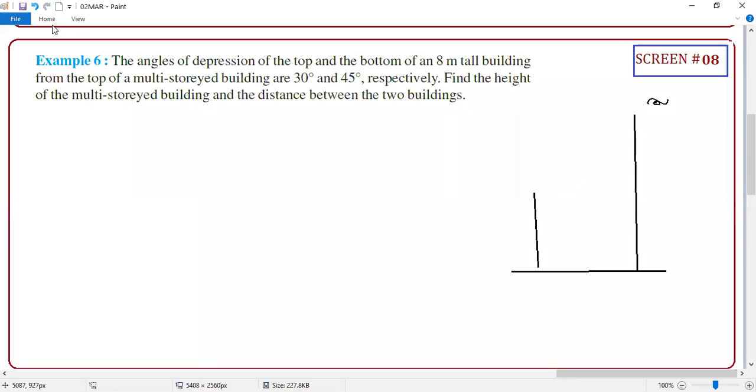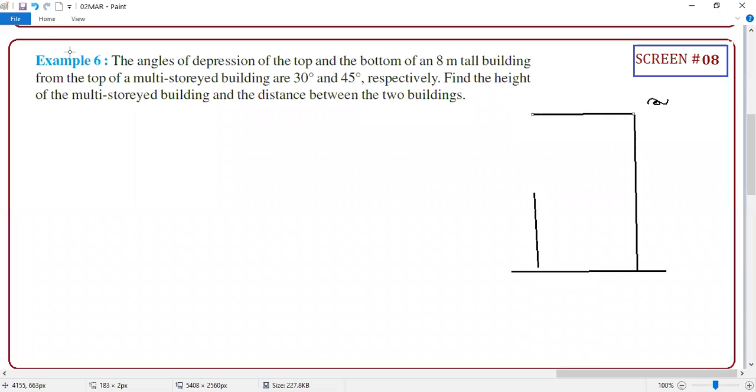So the observer, what is he doing? Guys, the moment you see the observer here, the horizontal level is what? This is the horizontal line. Agree with me or not? This is the horizontal line of the observer. I wanted to tell you one thing, I'll tell you in this problem.